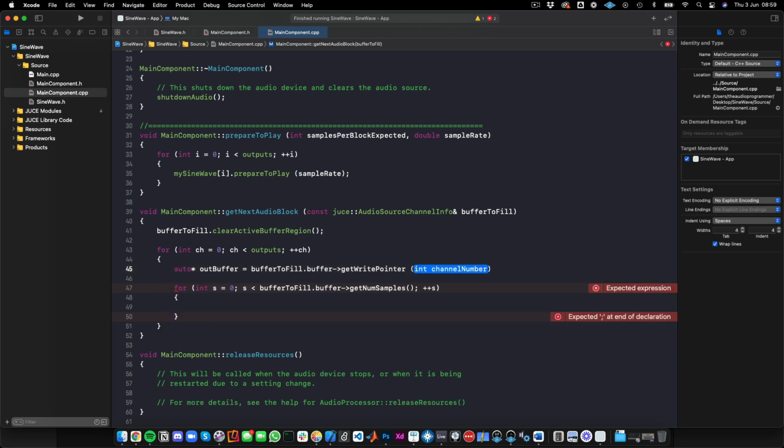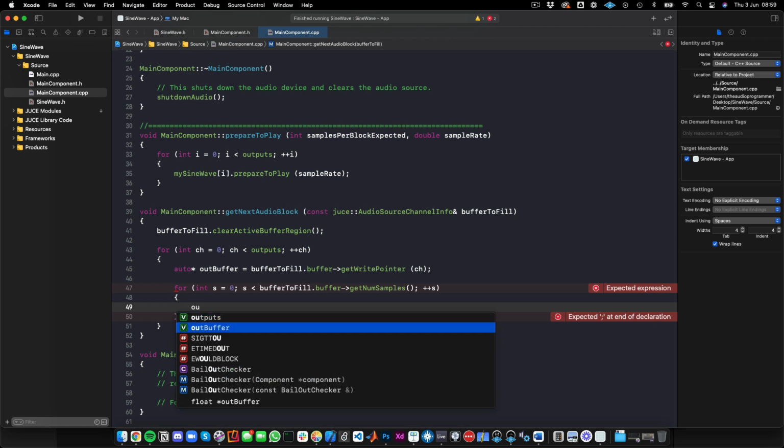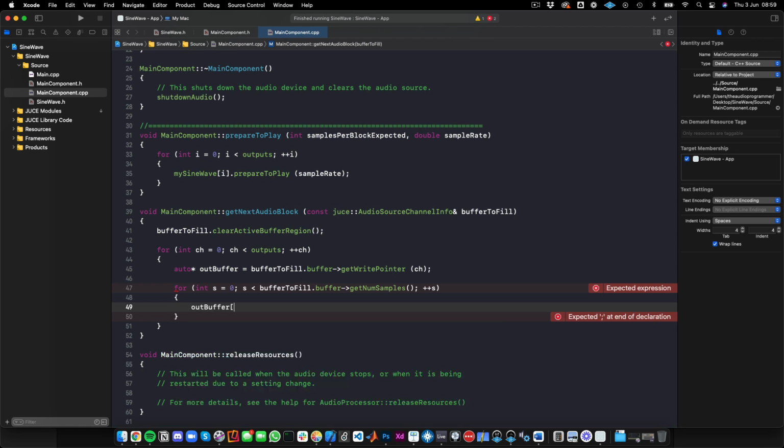And here, since we're iterating through our channels, we just put that as our argument. And now I will do out buffer, since this is like a std vector, which is our actual audio buffer that we're writing out to. And so we're going through the samples in our output buffer